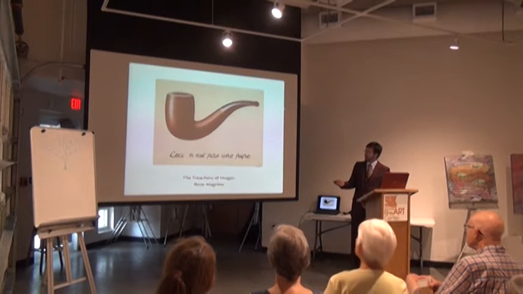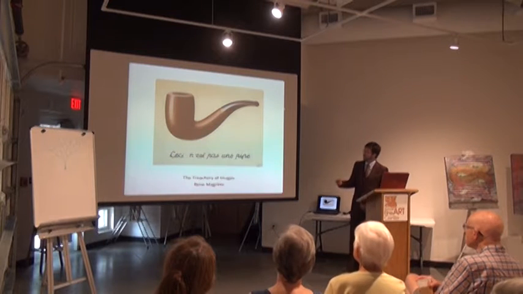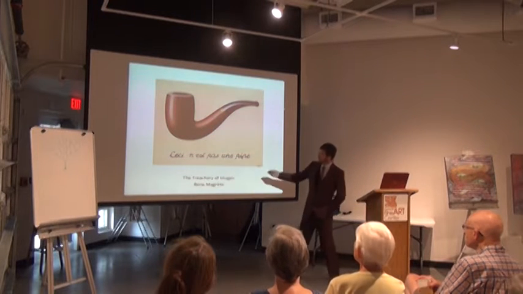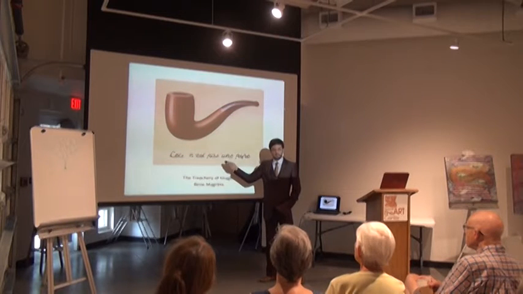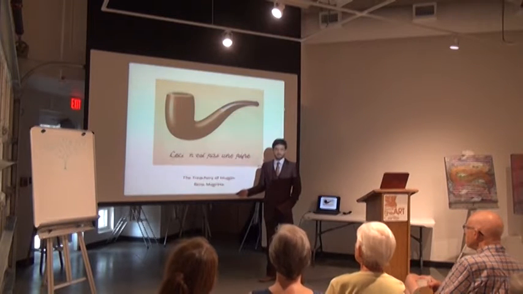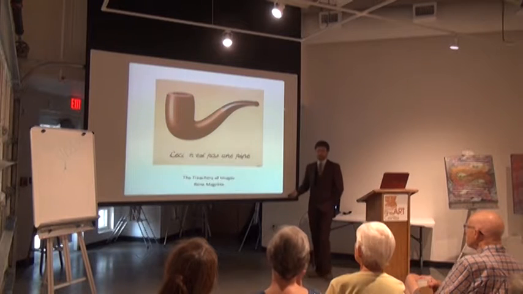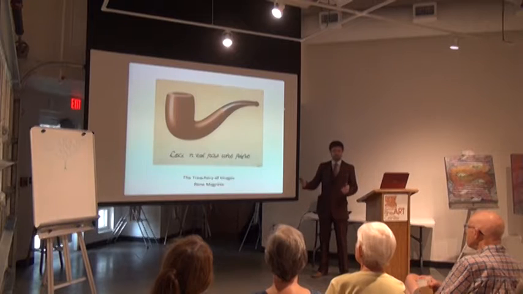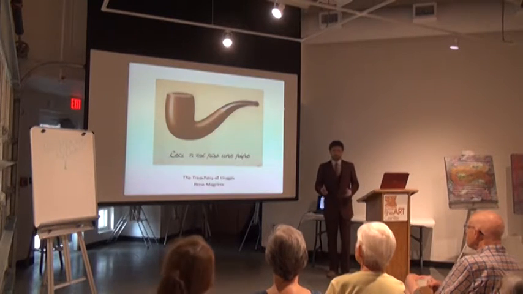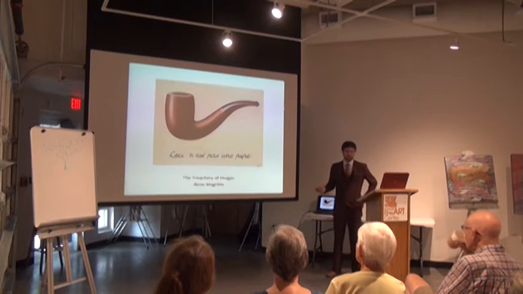Now we have this by René Magritte, The Treachery of Images. This idea that this is not a pipe, but it's a pipe. It's a picture of a pipe. So what power do images have? And again, talking about representation and abstraction and ideas versus reality and physical reality and so on and so forth. Very complicated stuff that we take for granted in our real world,